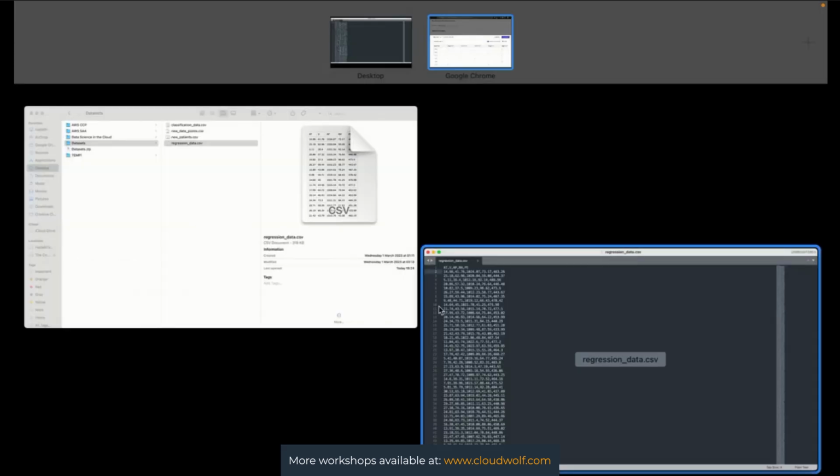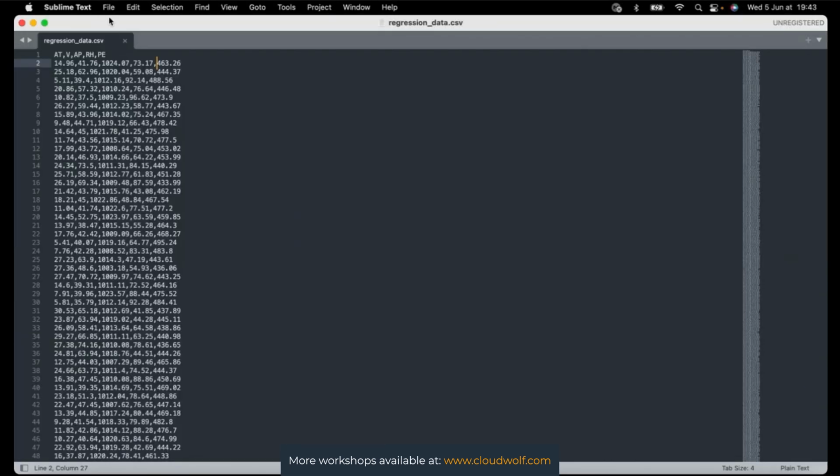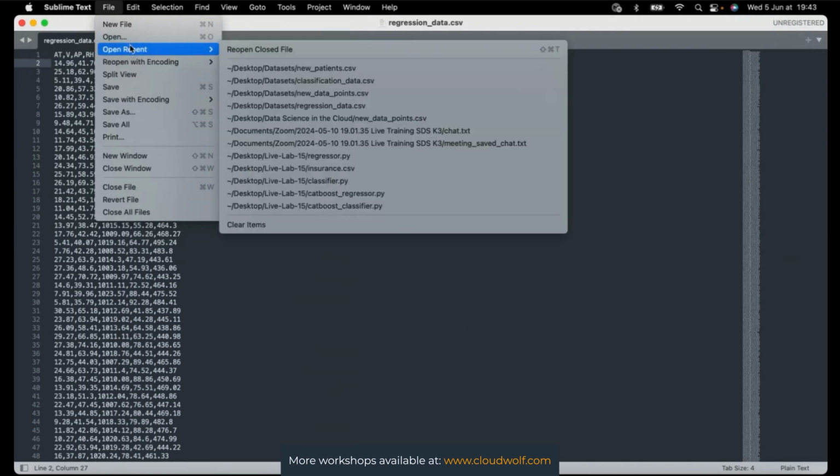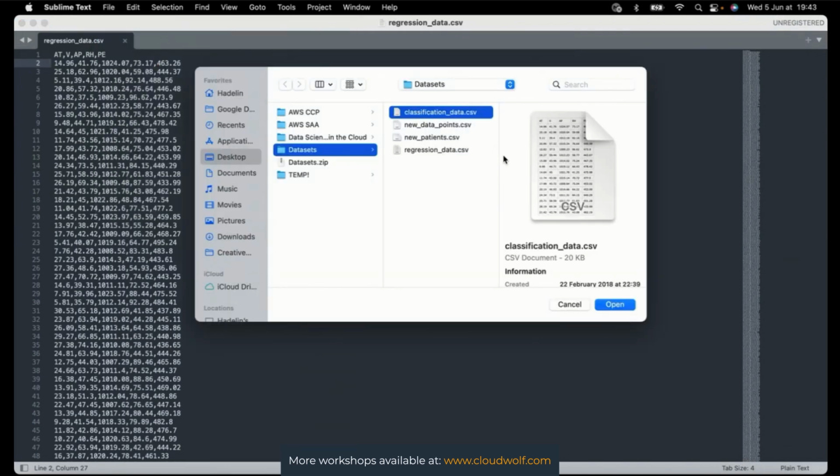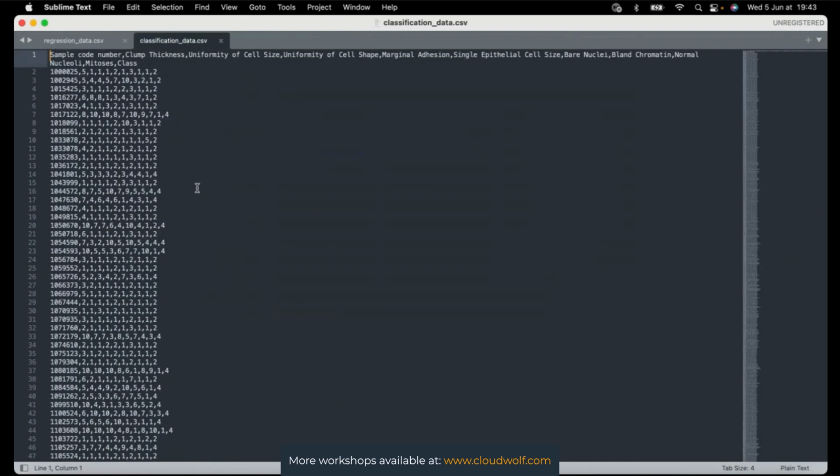So I'm going to show you actually here. Here we're going to click File, Open. All right. Okay. Classification data, open, and there it is. So yeah, where did we stop? Uniformity of cell size, uniformity of cell shape, marginal adhesion, single epithelial cell size, bare nuclei, bland chromatin, normal nuclei,